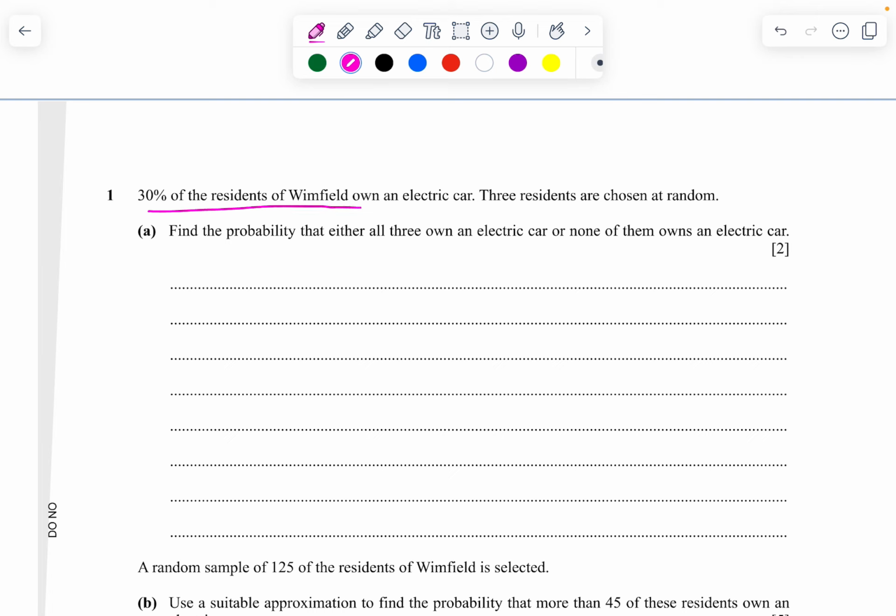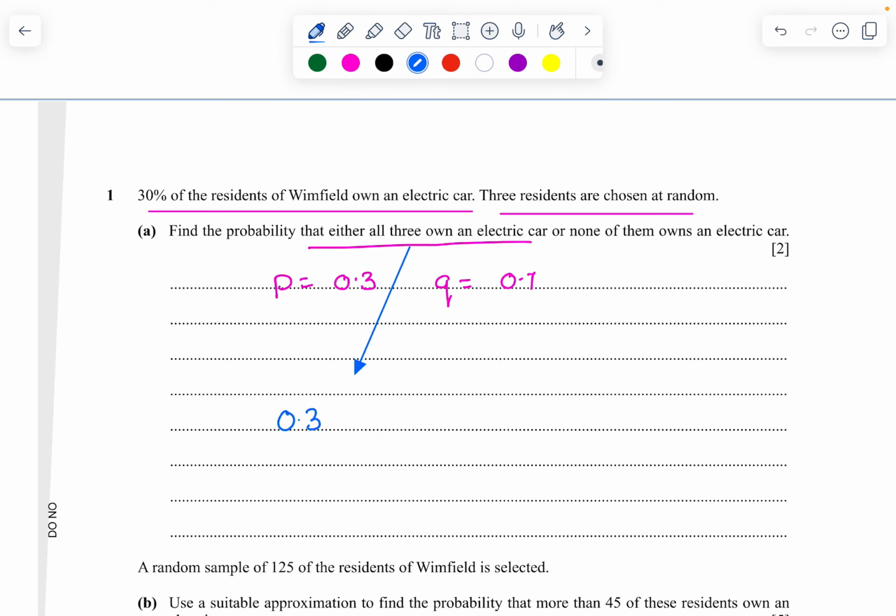30% of the residents of Bloomfield own an electric car. So the probability of success is 0.3, and the probability of failure will be 0.7. 3 residents are chosen at random. Find the probability that either all 3 own the car. All 3 own the car means 0.3 times 0.3 times 0.3,